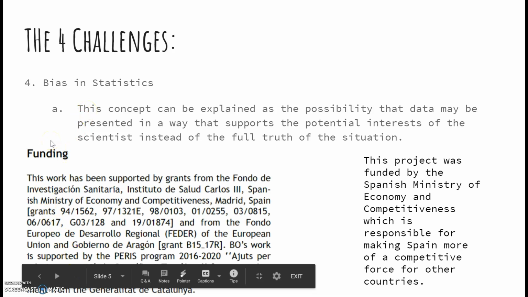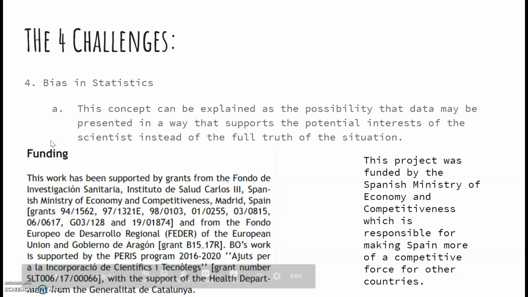The last challenge described in Nagel's article is called bias in statistics. This concept can be described as the possibility that data may be presented in a way that supports potential interests of the scientist instead of reflecting the full truth of the situation. For the experiment described in the article